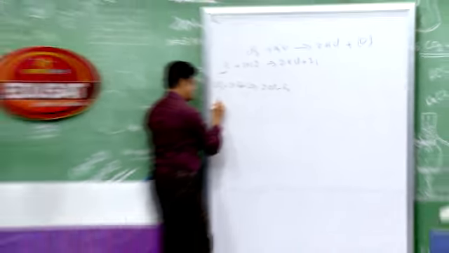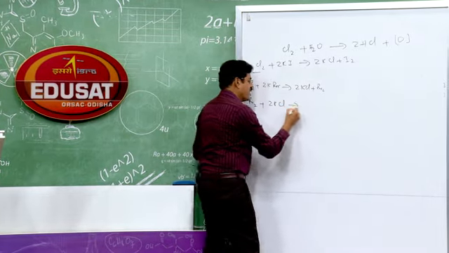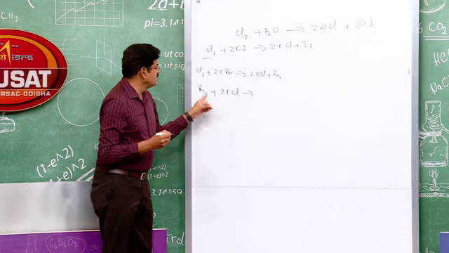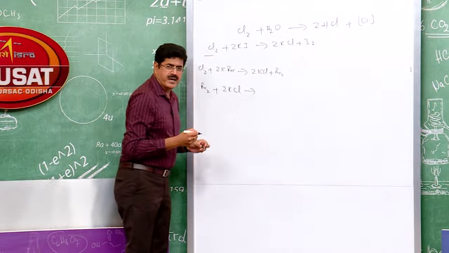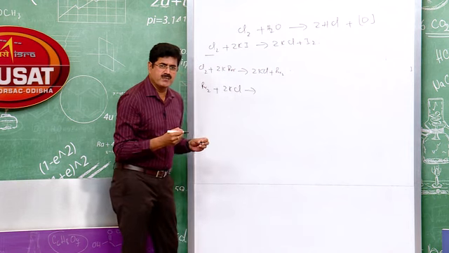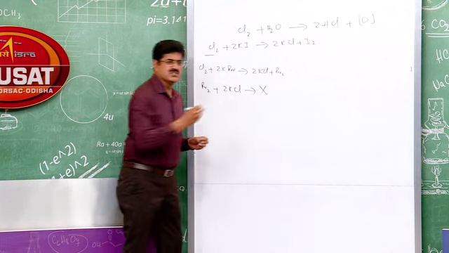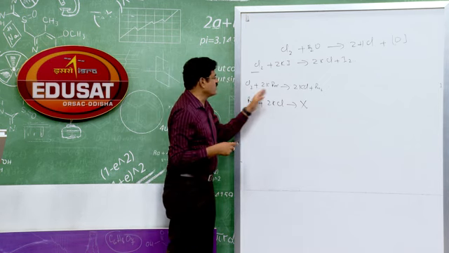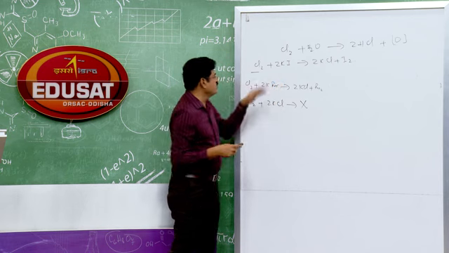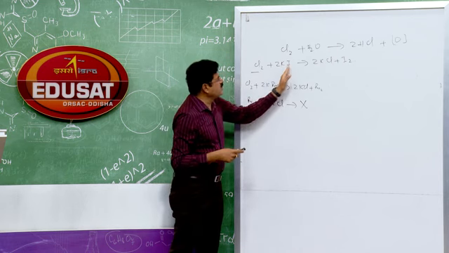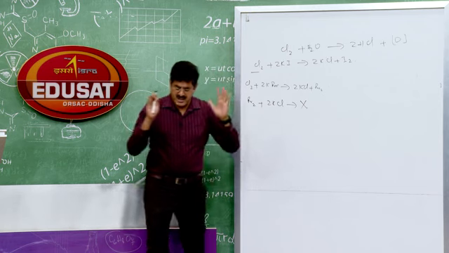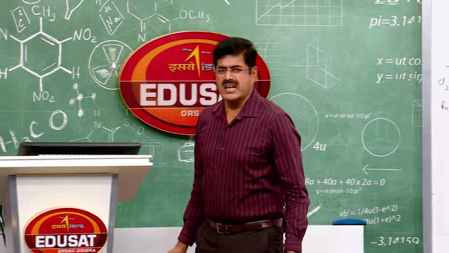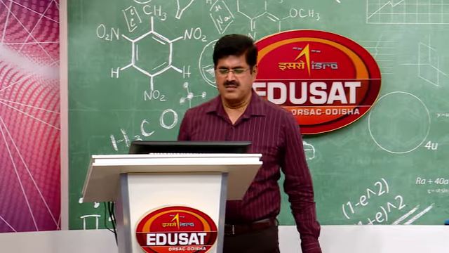Now, I am writing one more reaction. Br2 plus 2 KCl. Can you answer, students? Can you answer this one? Br2 with 2 KCl. Can it oxidize Cl minus ion? No, no reaction. So, Br2 can't oxidize KCl to chlorine, whereas Cl2 oxidizes Br minus to Br2. Cl2 oxidizes iodide to iodine. Chlorine being a stronger oxidizing agent oxidizes the Br minus and I minus to their corresponding halogen. This is the oxidizing behavior of halogens.